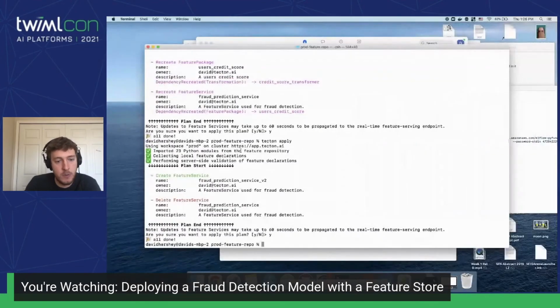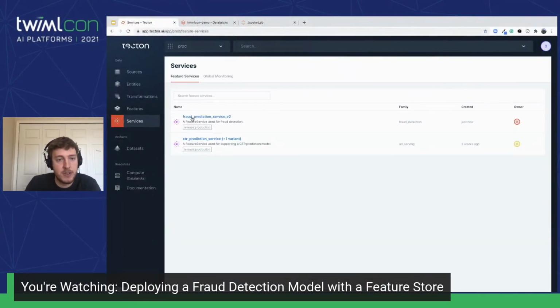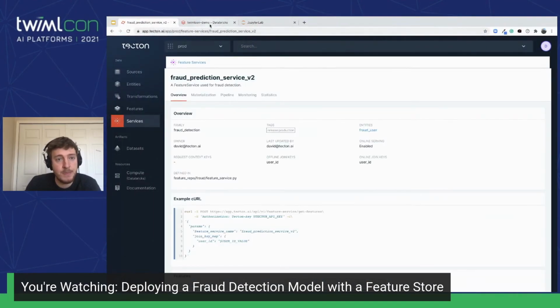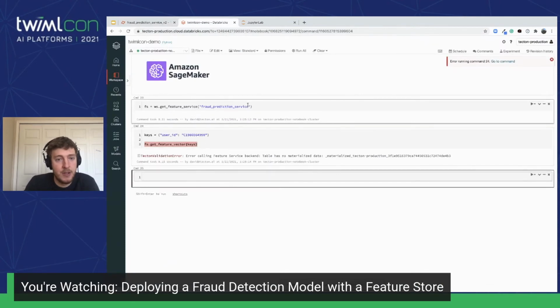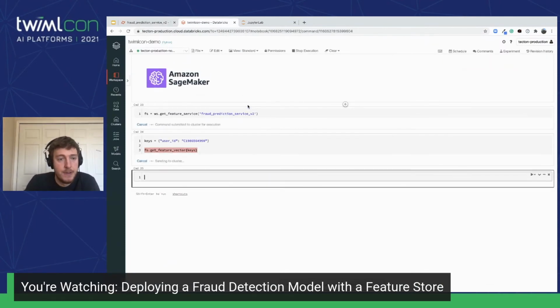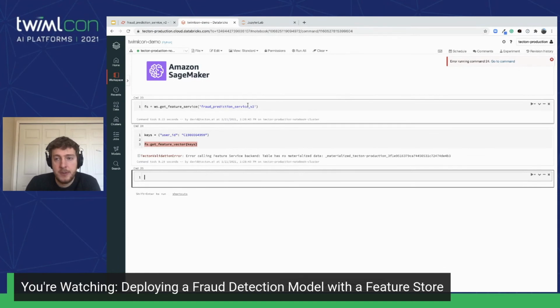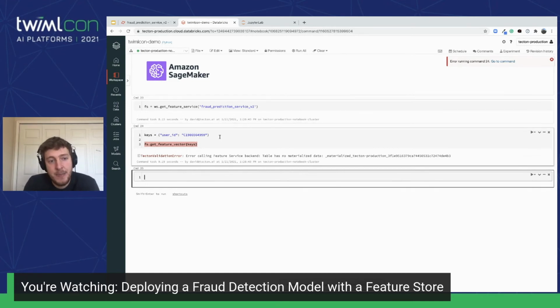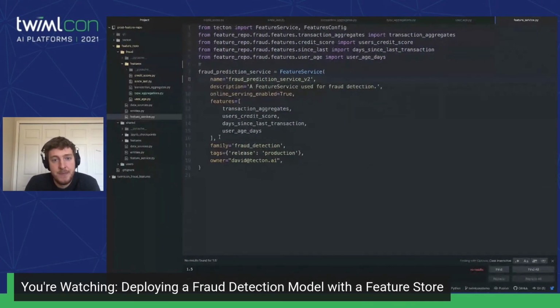All right, so we have applied that change. Our feature service is now called V2. I will plug in that new feature service. Still no table. All right, well, I'm going to guess this isn't going to work for me today, and that's a shame, but it is what it is. As I said, online demos. All right, so